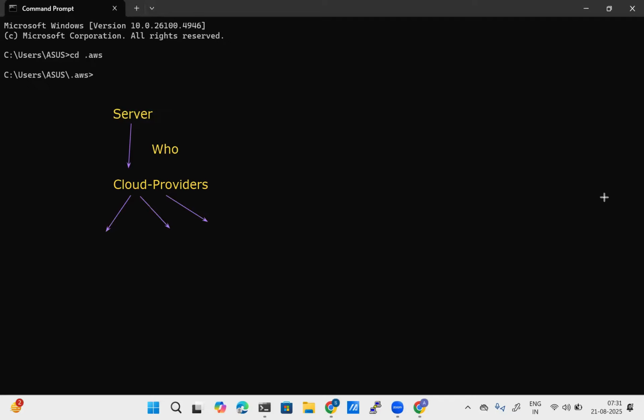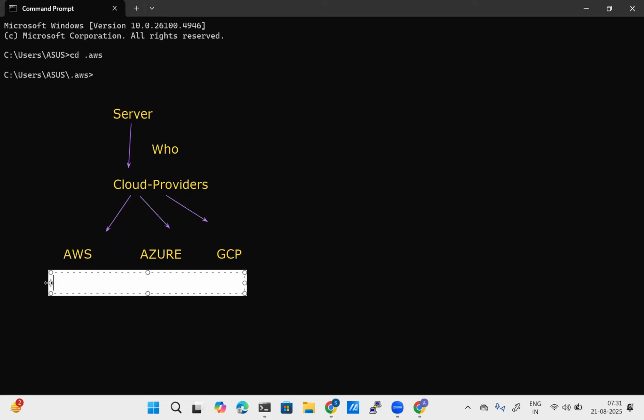Does anybody have any idea? AWS, Azure, as well as GCP. What is the full form of AWS?